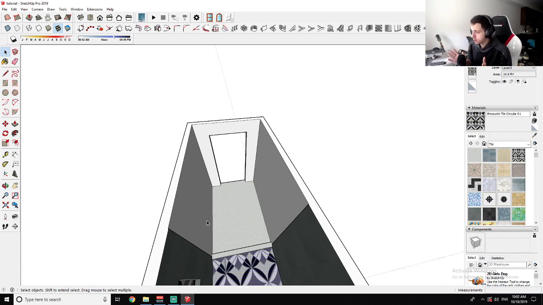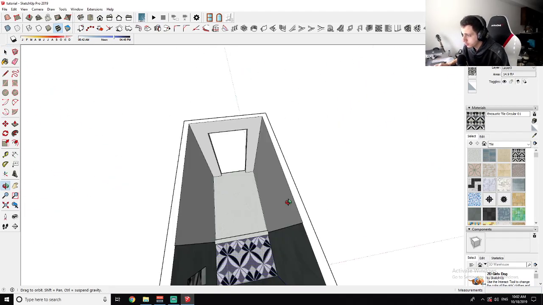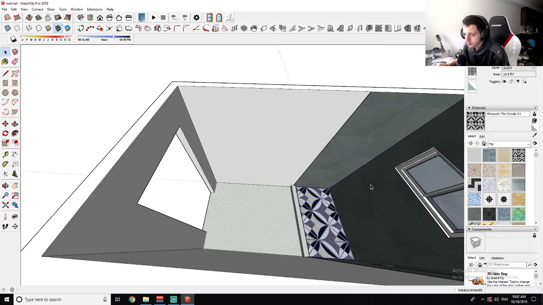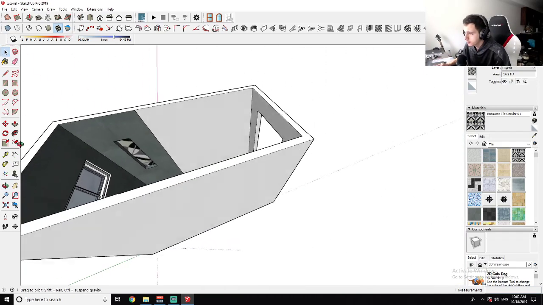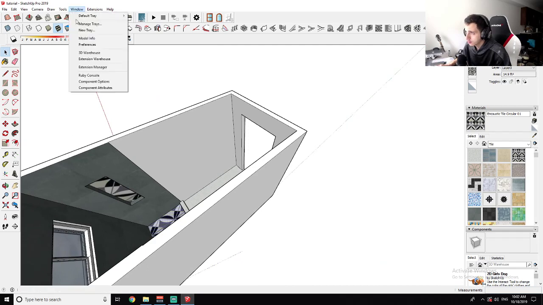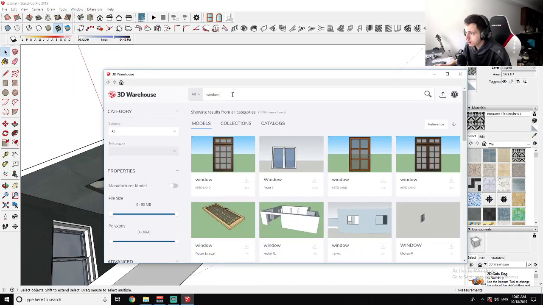It's like 30 minutes long, and then the next part is going to be to put in the toilet, the glass door, the shower fixtures, all the stuff that we need from 3D Warehouse, other than the window and the door. We're going to put in the door, and then part 2 will be to put in the vanity and everything. All right, so in order to put in the door, we're going to go to 3D Warehouse again, like we did for the window, and